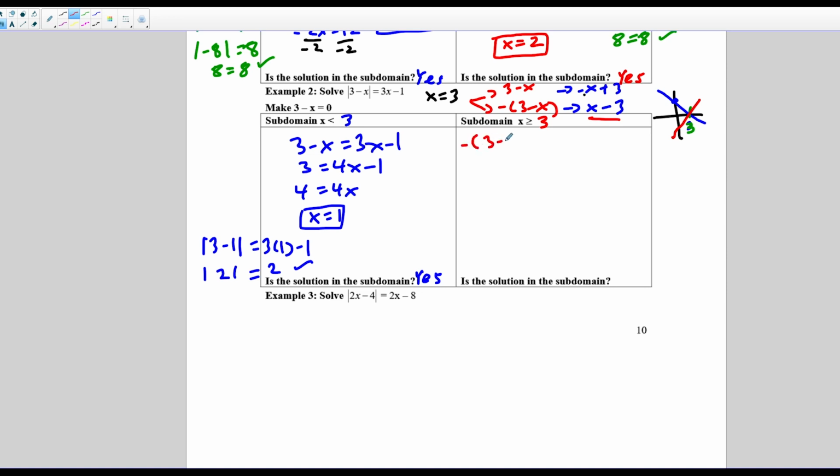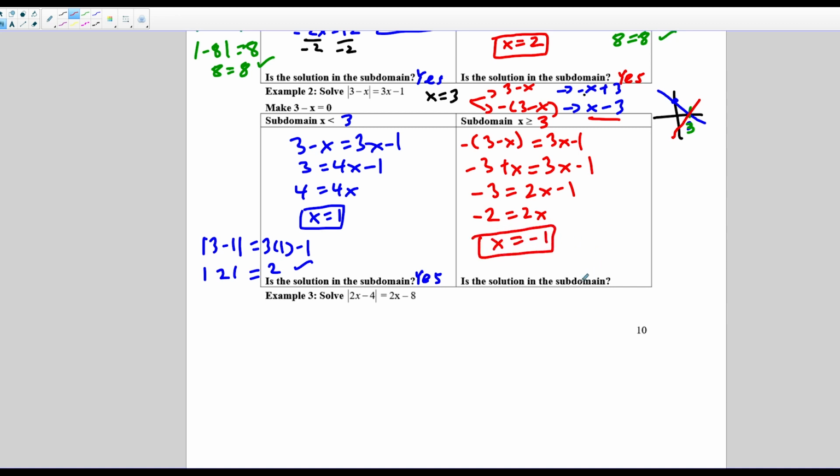And now let's do the same thing for our negative case. So negative 3 minus x is going to be equal to 3x minus 1. Let's go ahead and distribute. Negative 3 plus x is equal to 3x minus 1. Let's subtract x from both sides. So I get negative 3 equals 2x minus 1. And let's add 1 to both sides. Negative 2 is equal to 2x. And dividing both sides by negative 2, I get x is equal to negative 1. So is the solution in the subdomain? Is x greater than or equal to 3? And the answer is no. So this is what we consider an extraneous